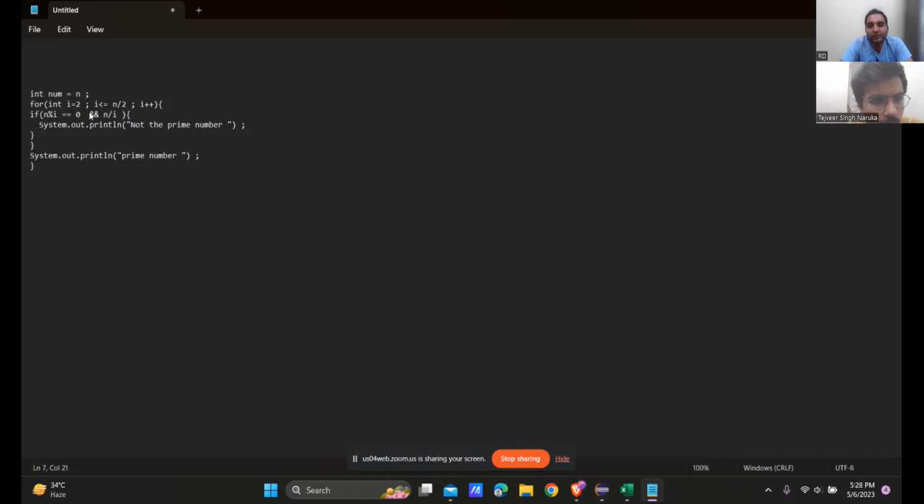So can you explain this program a bit? Sir, first I apply a for loop from i equals 2 to i equals n by 2. If n is divisible by any number in between, then it is not a prime number.